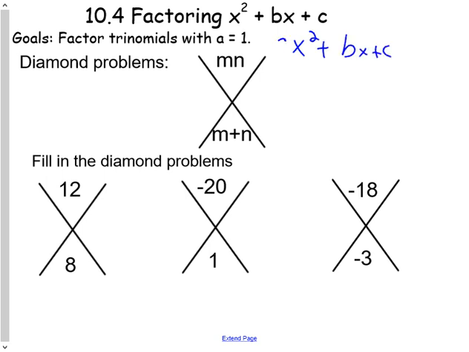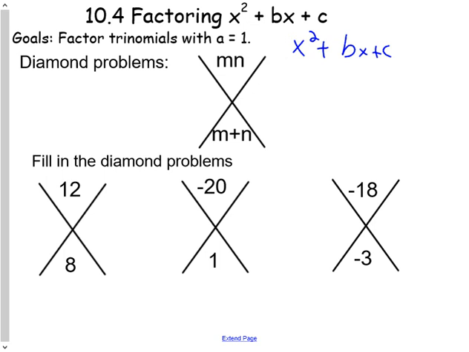Now, in the past, we had ax squared. However, today we're going to solve where all our a's are 1. Right? That's what we're going to be factoring, since those are the nice basic ones to get the pattern. Once we get the pattern of those, we will continue where maybe we'll have 2, 3, 4, or a different